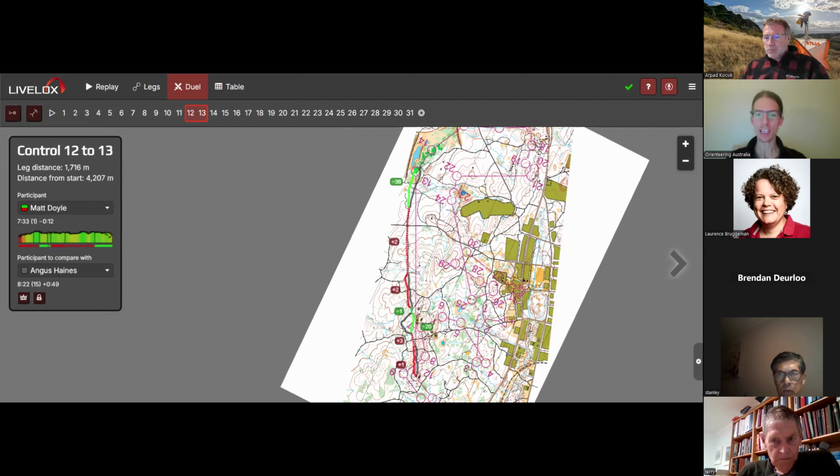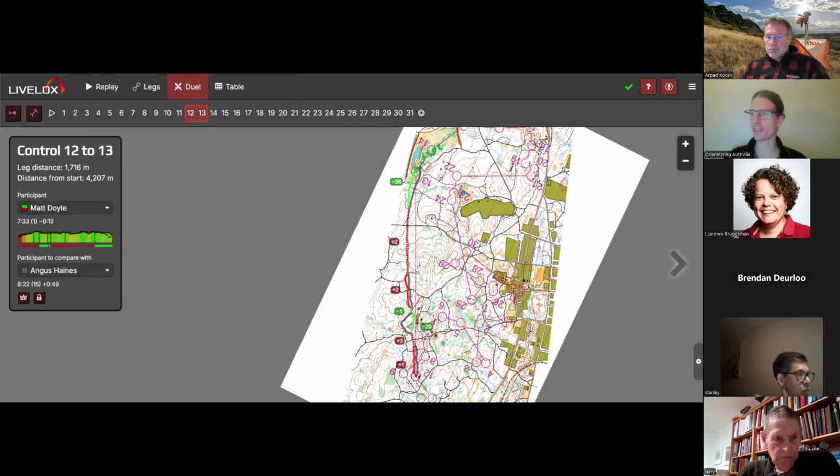I said that they were equal at control 12. By the end of this leg, at control 13, they were both 7th equal. Matt went to 2nd.